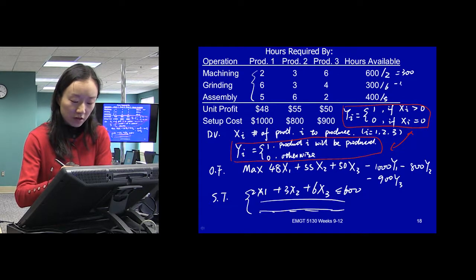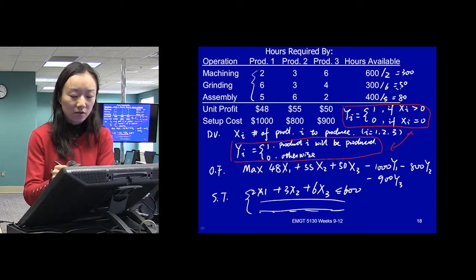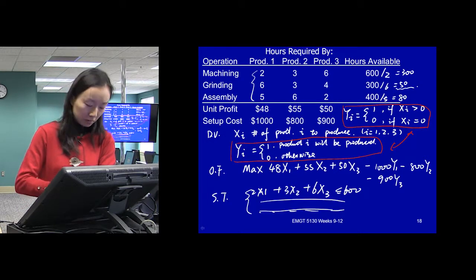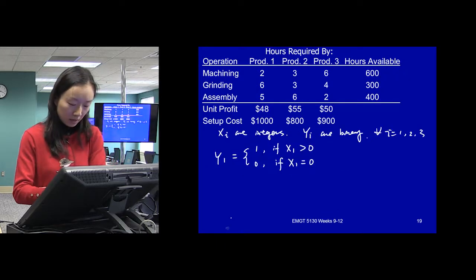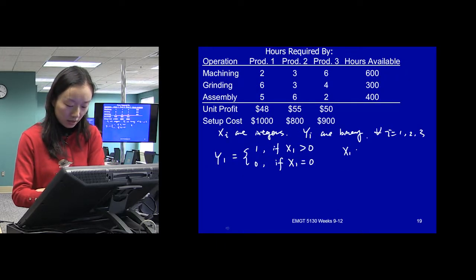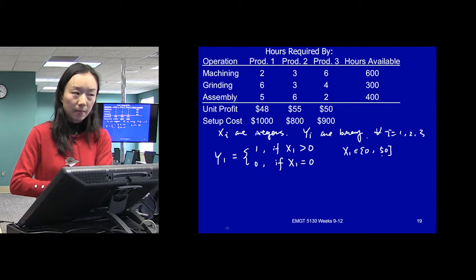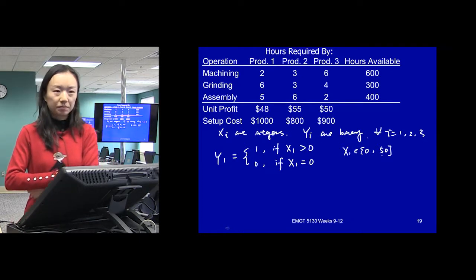So this will be 50, right? This will be 80. So the maximum value that x1 can go is 50. Okay, x1 can go from 0 all the way to 50. So it's not a binary variable.